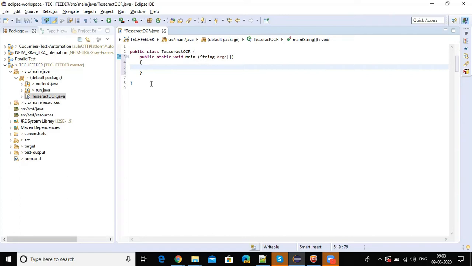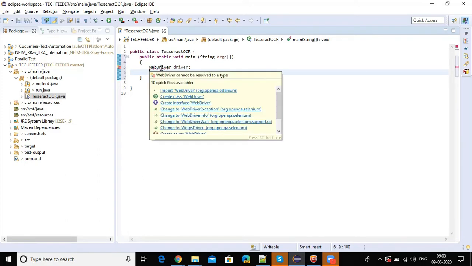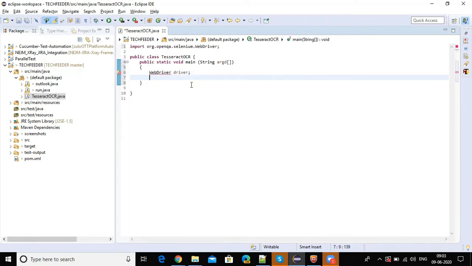We will do it with Selenium, so to get the image at runtime and parse that image, I'm initializing the WebDriver instance. Let me import this. We will set the Chrome driver path.